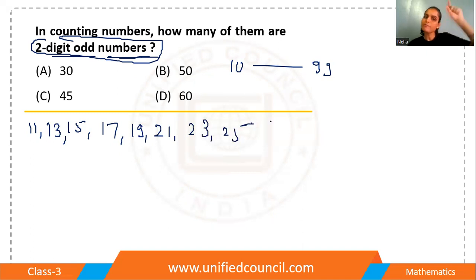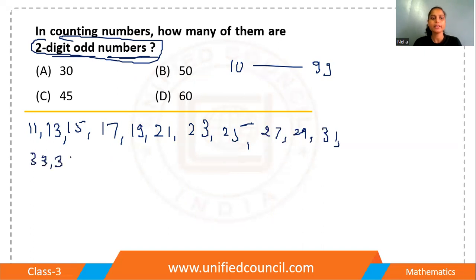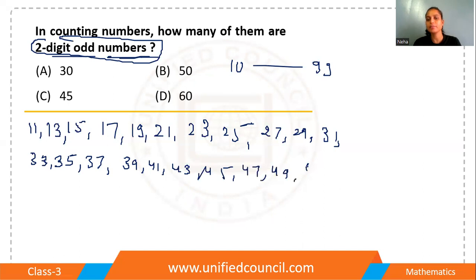That means we have to skip one number at each point, right? Then 27, then 29, then 31, 33, 35, 37, 39, 41, and then 43, 45, 47, 49, 51, and then